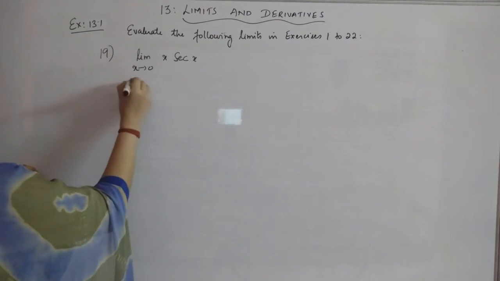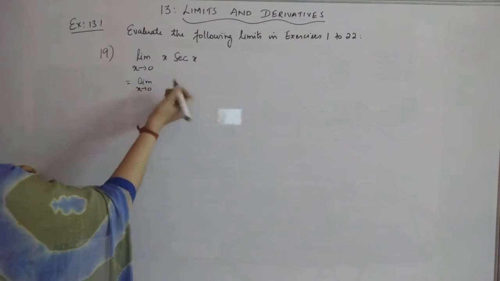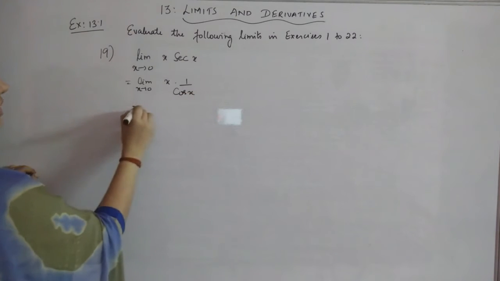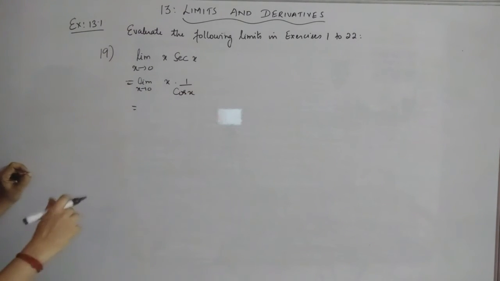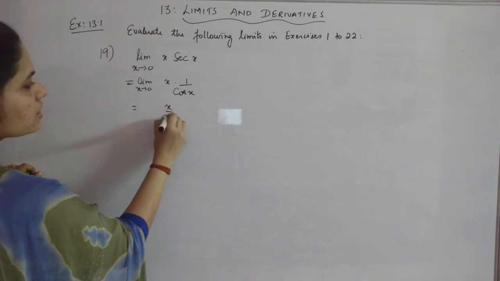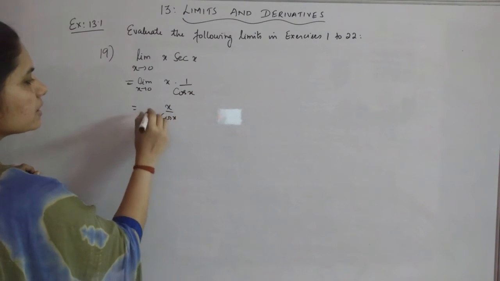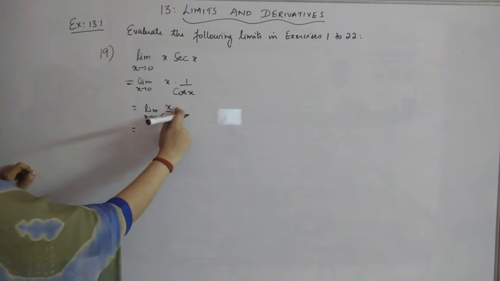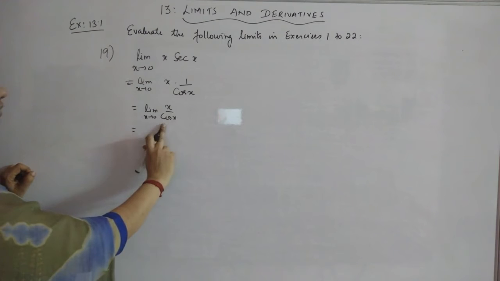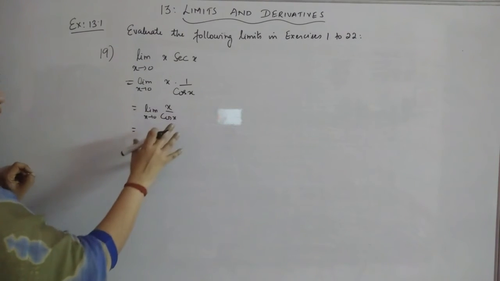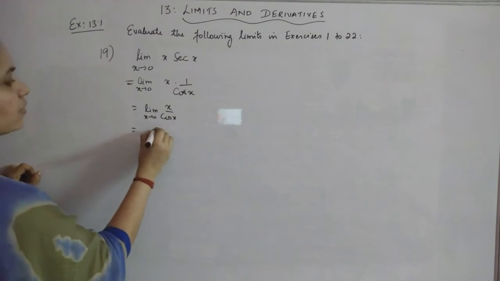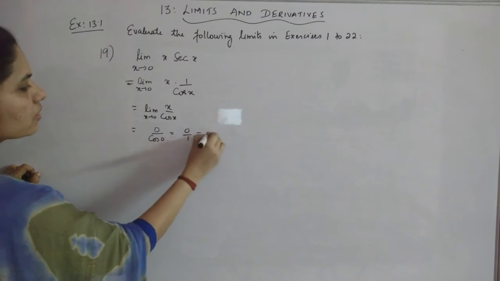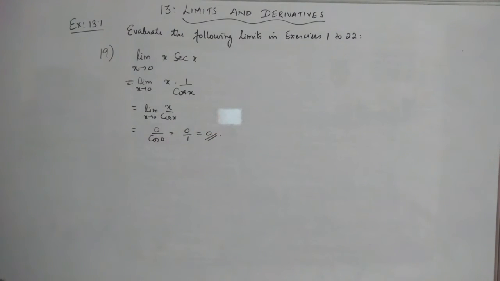So here actually if you just rewrite and give directly, it will be easy. That is, I am just making sec x as 1 by cos x. So then I can again replace the limit. Here it is actually x by cos x, and if you are replacing the limit, are you getting 0 by 0 form? Here it will be 0 in the numerator, but the denominator will be giving you cos 0. Cos 0 is 1. So this is not in the 0 by 0 form. That means you can just replace the value, which will become 0 by cos 0, which is 0 by 1 or 0. So in that case you can just directly apply.